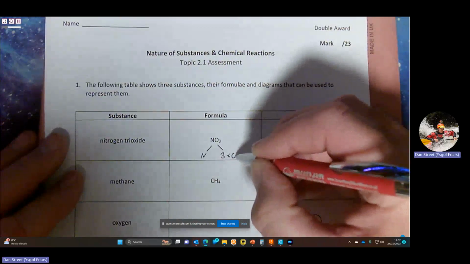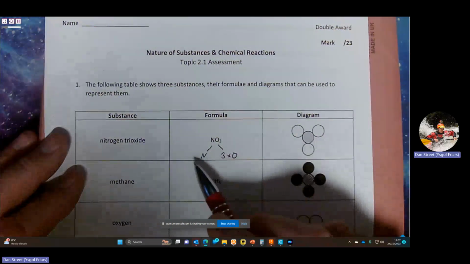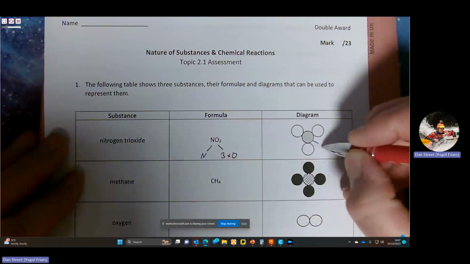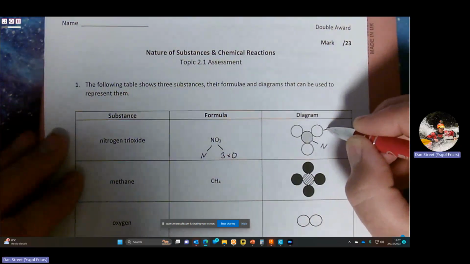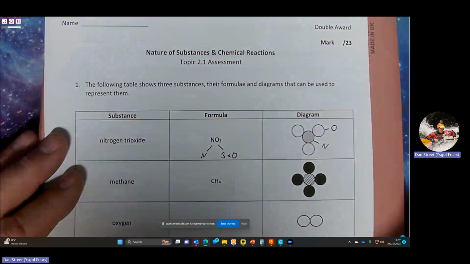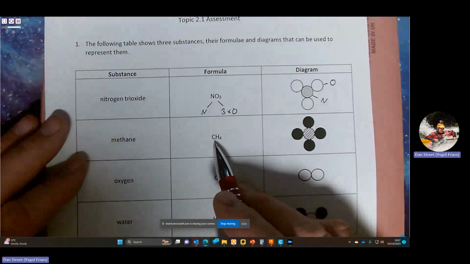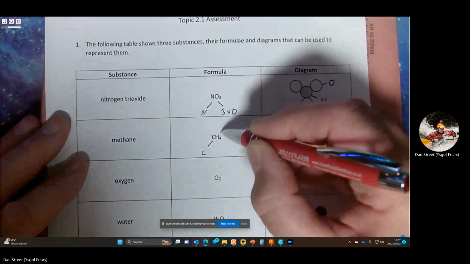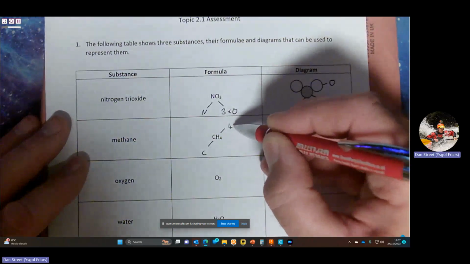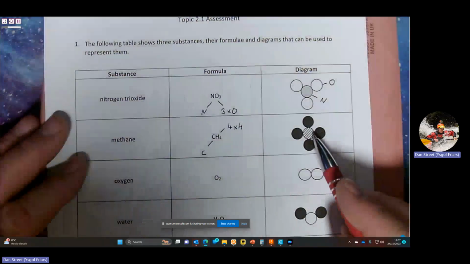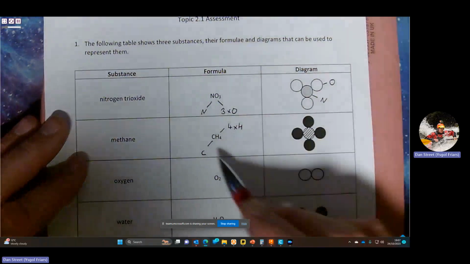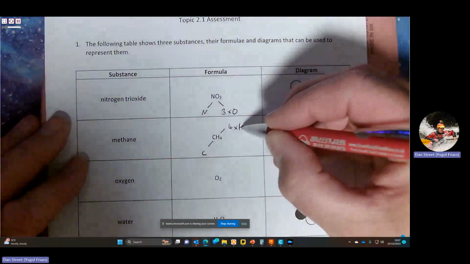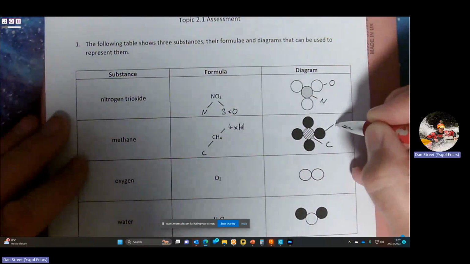3 oxygens. If we have a look at the diagram, we can then work out that the N, the single atom, must be this grey atom in the middle, and that these 3 white circles, because there's 3 of them, must be oxygens. We can do a similar thing here. We've got CH4, so the C is carbon, and the H, of which there are 4, is hydrogen. Okay, so if we look at the diagram, there's only 1 of these in the middle, so that must be carbon. So that's C, and there are 4 of the black circles around the outside, so these must be hydrogen